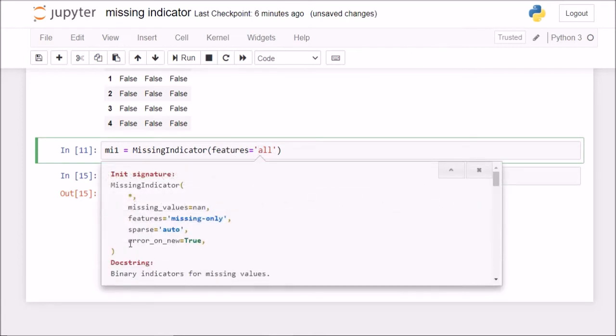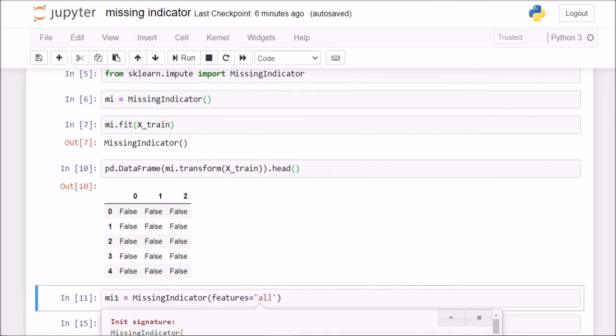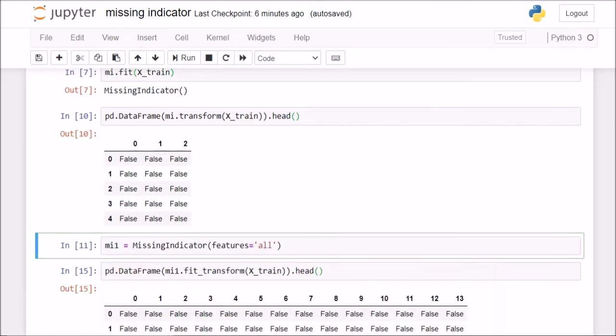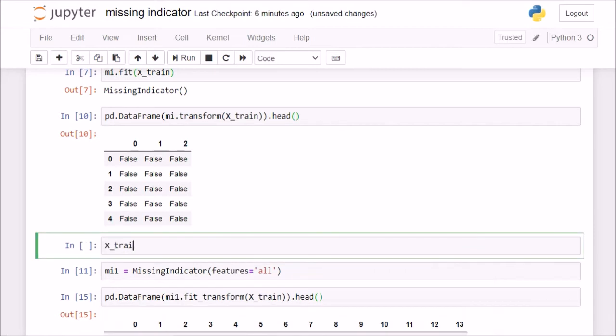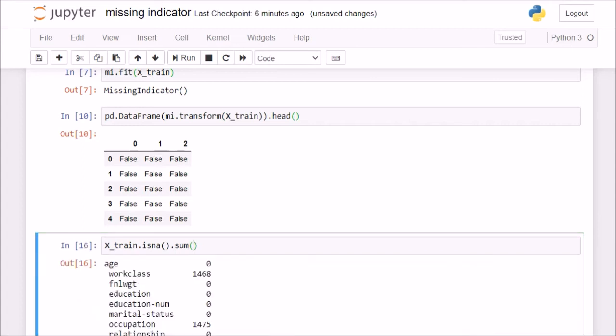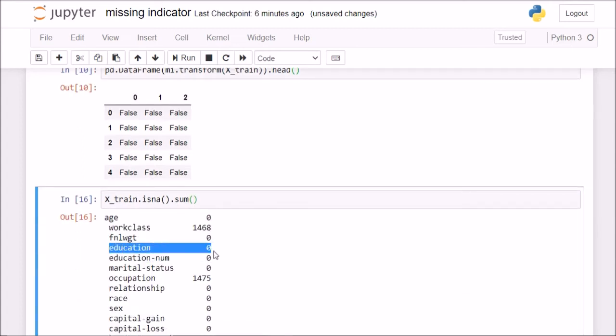Now there's also a parameter called error_on_new, which is true by default. What this basically means is that scikit-learn will raise an exception in certain cases. For example, if I check X_train.isna().sum(), you see that because I had no missing value in the education column, there was no education column here.